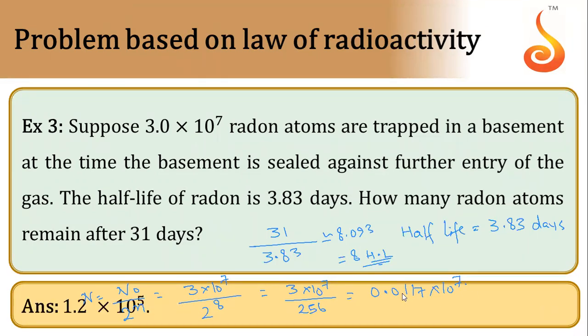which is actually closer to what we have got. The difference is that it was coming as 8.093 and I approximated it as 8. If you substitute in place of 8.093, you get the answer closer to 1.2. Anyhow, this answer is also valid, approximately 1.17 into 10 raised to power 7, because in numericals you will be getting approximate value of options. So if the option is 1.2 into 10 raised to power 5, you can tick that one.